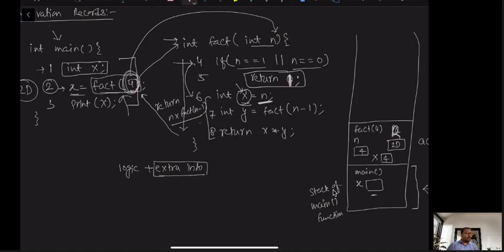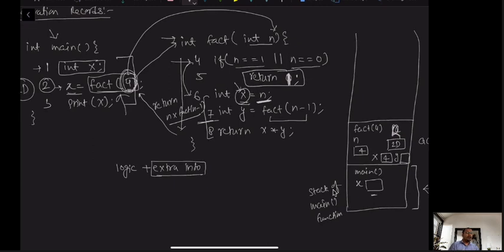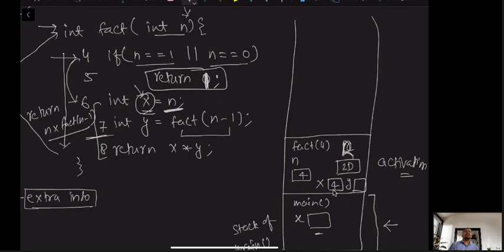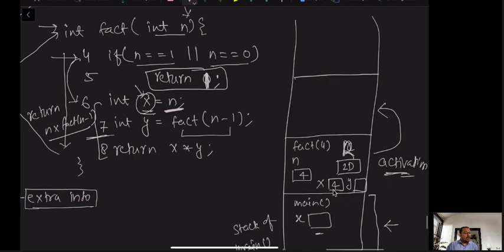After this, when we go to the next instruction, then again this function is called before initializing the value of y. So we have a new variable declared here, y. This y is declared, but no value is assigned to it because the function will be called, and when the function is called, a new stack is formed and activation control is transferred to this function. And now see this. Now we have y, and this is n minus 1. What is n minus 1? The value of n was 4, minus 1 is 3.